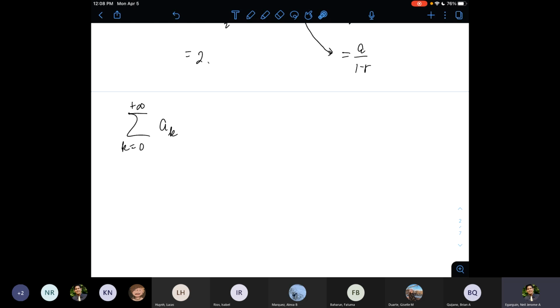And it will be divergent otherwise. It will be divergent in two ways. It can either mean,